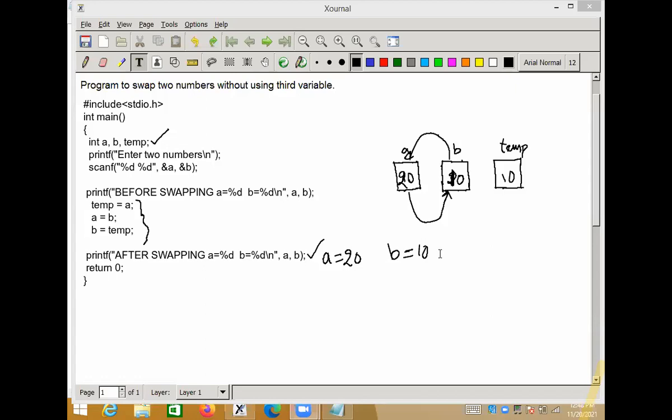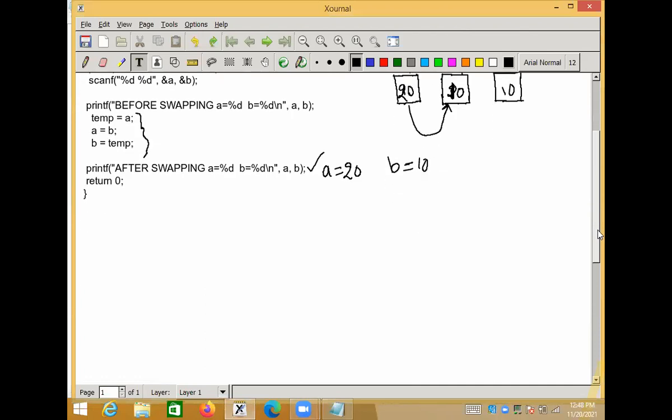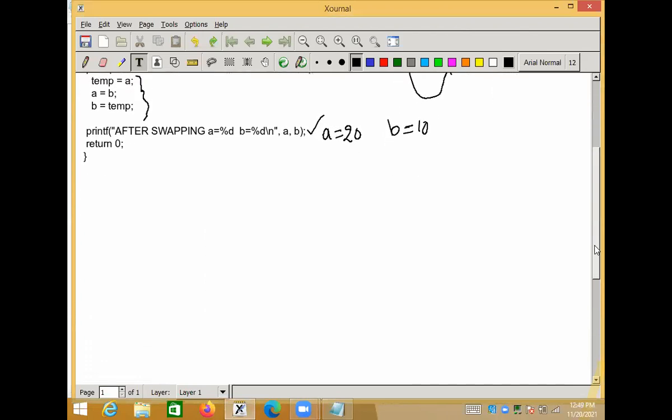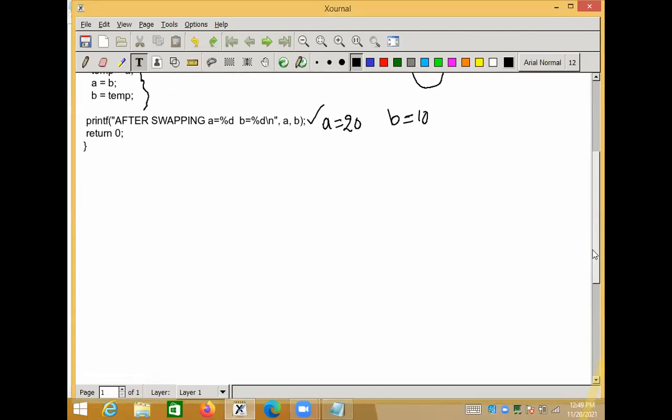Hope you got my point. You should write code which is efficient. If you write routine code, then you are not a different student with different programming skills. That's how they think. Now, how can we improve this code so that it uses memory space only for the two variables a and b, without using the third variable? Let me first explain how we can do it mathematically, then we can implement the same mathematical steps in a program.